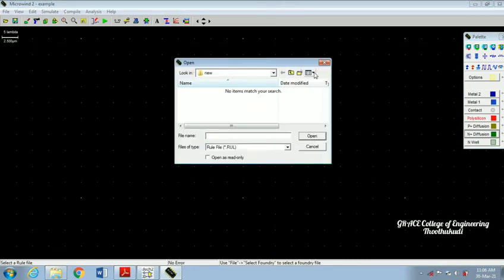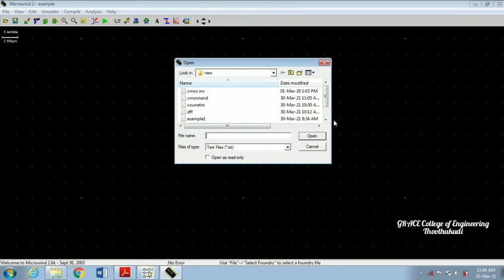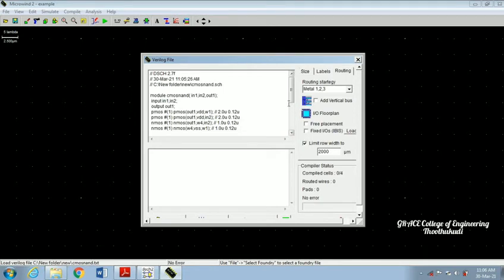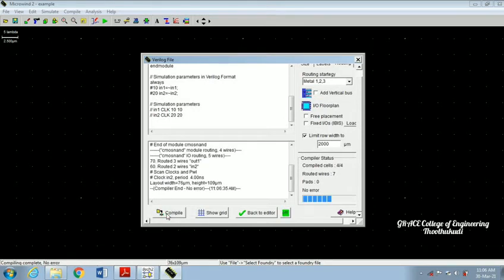Now the layout window opens, give close and choose the compile option, and select compile Verilog, and here you can see CMOS NAND gate. This is the Verilog file we have constructed using a schematic in the previous window. So I'm going to choose that and give open, and we can check that. When you scroll down you can find the option compile. You have to click that,